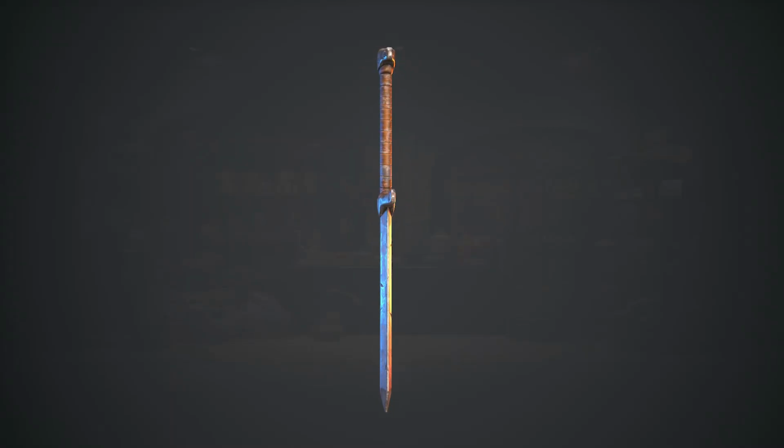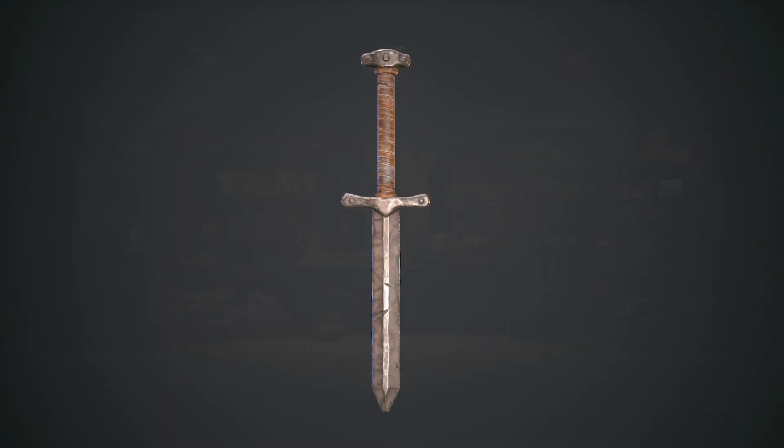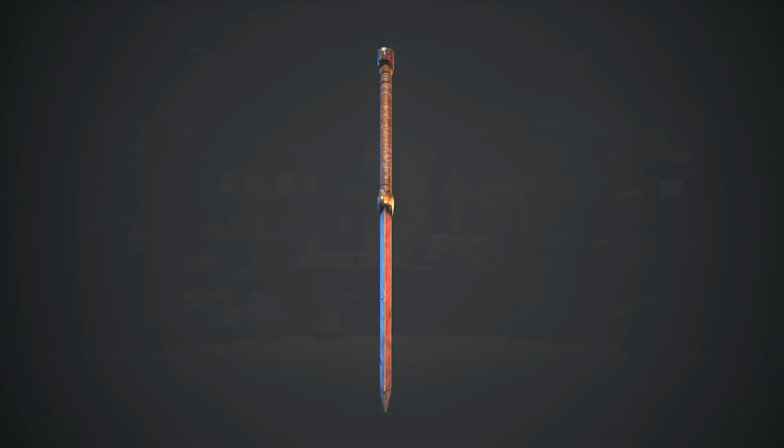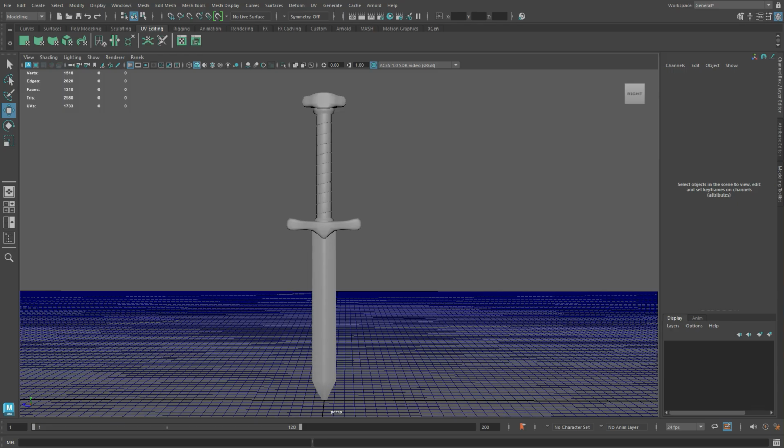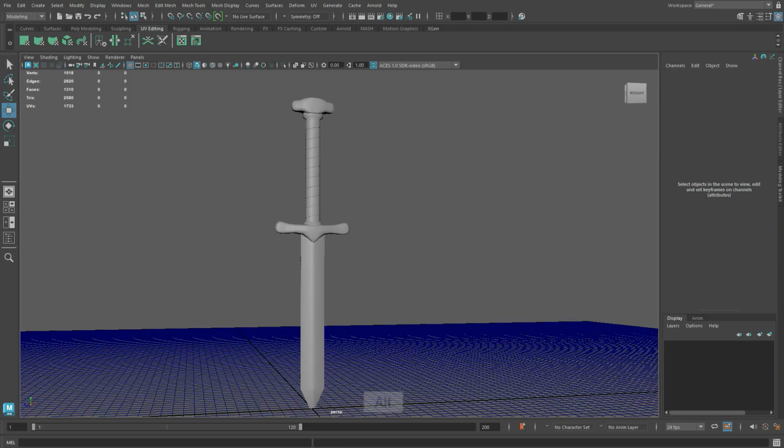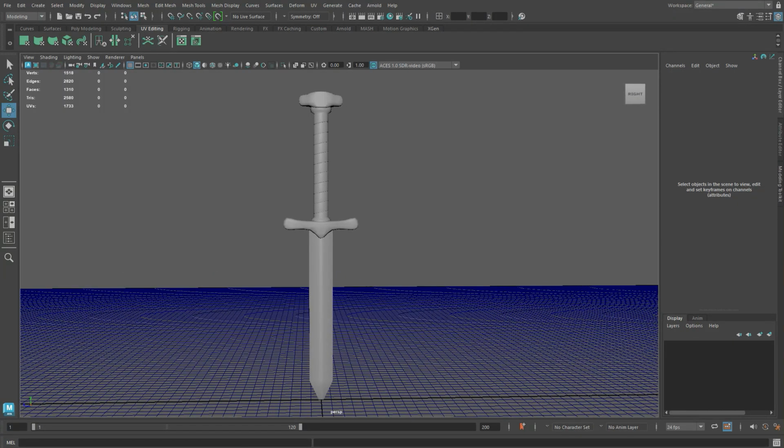In this tutorial, I'm going to be showing you how to create a fairly simple stylized dagger. Now, this is the model that I'm going to be basing this off. This is the final result, but I'll be showing you how to create it from scratch. The tutorial is going to follow the process for how to model it here in Maya, essentially the low poly. Then we're going to be taking this into ZBrush and adding a few details here and there. And then finally, I'll be taking it into Substance Painter and then later showing you how to do the render